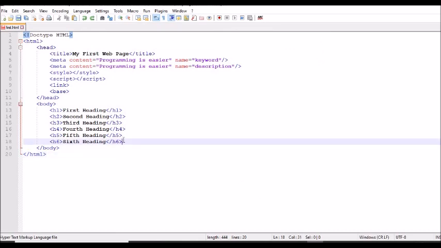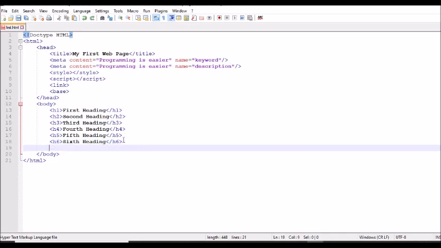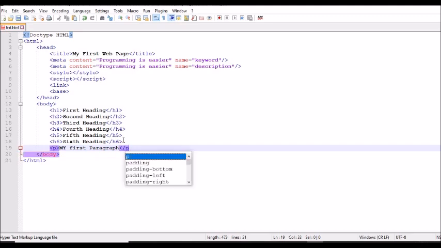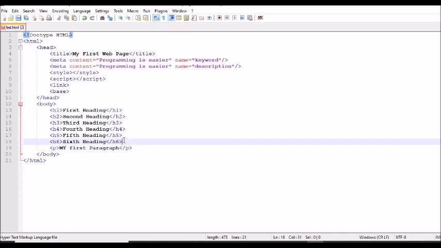So we are having 6 kinds of heading tags. Below that, I am going to add a simple paragraph tag, right? So I have just written my first paragraph, right? P tag can be used to add just a paragraph content. It can be a single line or it can be a number of lines. You can use it to provide a simple paragraph or some constant set of content. For those purposes, you can use paragraph tag.